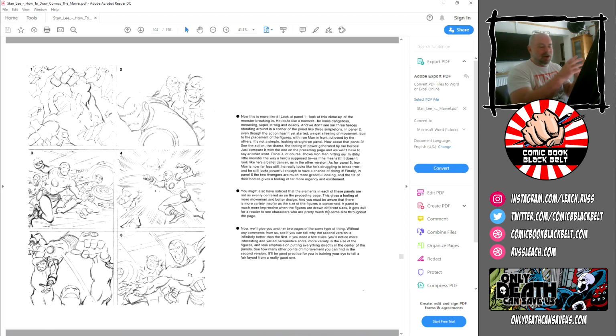I mean, straight away you're closer in on the action, and then in panel 2 you've got this crisscross of anatomy. So Iron Man's leaning one way, Captain America the other, and it's creating these dynamic angles. They've opened their bodies up, they're running forward. The anatomy really picks out